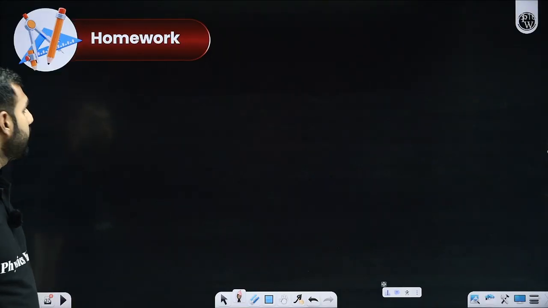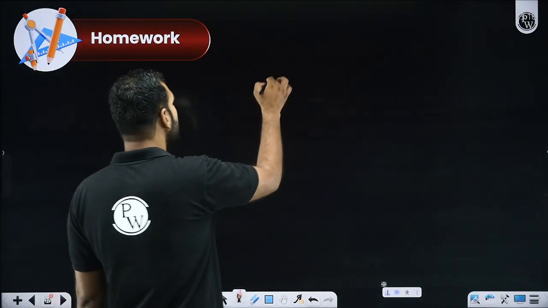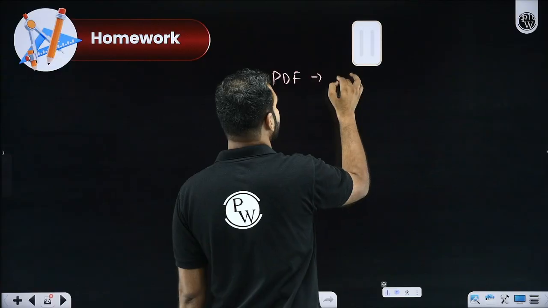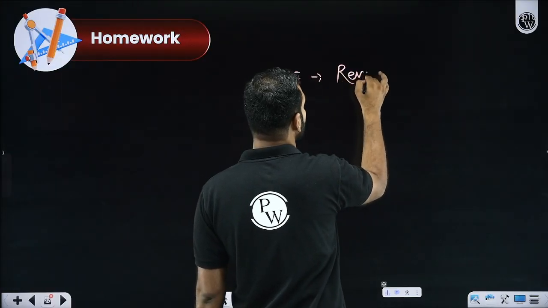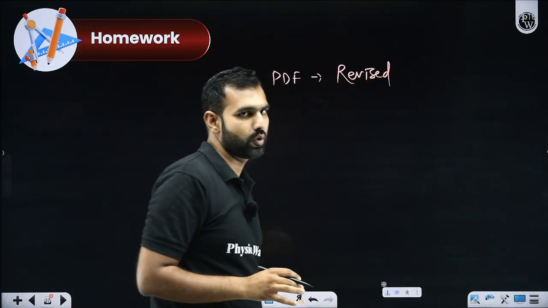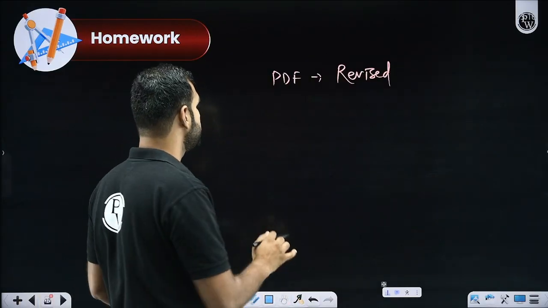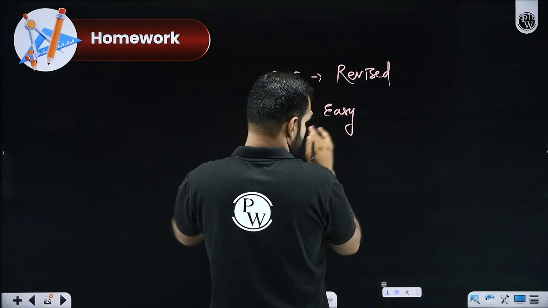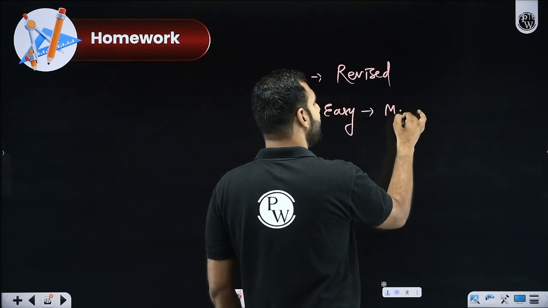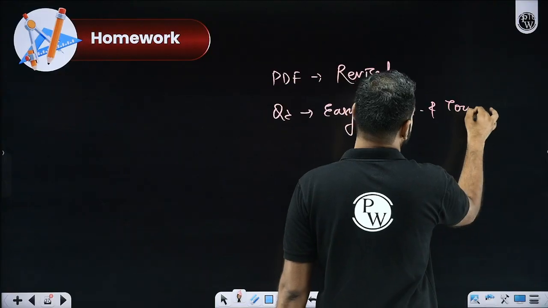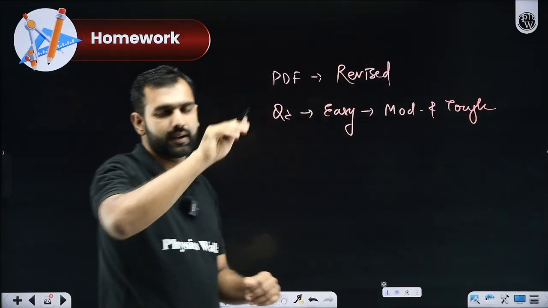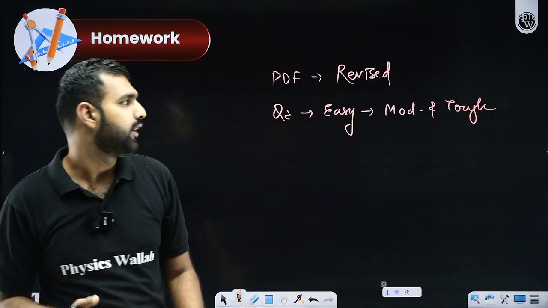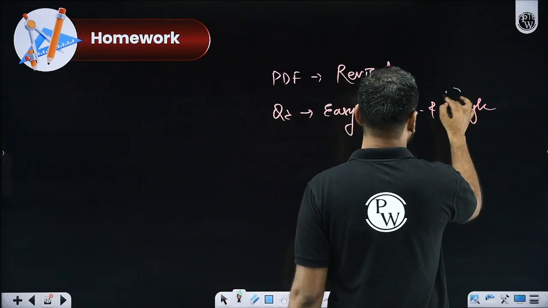Now, what is my expectation from you all? You will download this PDF, keep these notes saved with you, and then revise. All the PDFs of this entire chapter, memorize them. But from today's session, what you're supposed to do is go through all the questions. The easier ones, you don't need to solve, just look at them. Moderate and tougher ones, you are supposed to solve by yourself. And tougher ones, you can mark so that when you're revising the notes, you don't have to go through the whole theory and all questions. You just revise the tougher questions only.